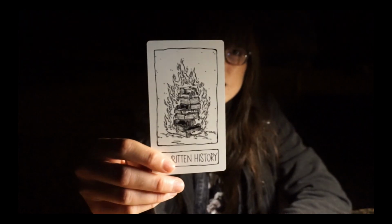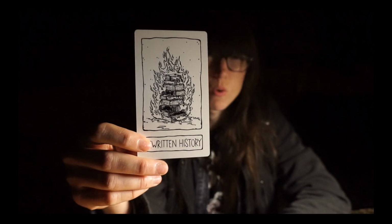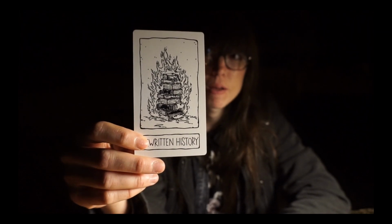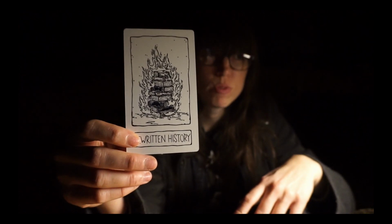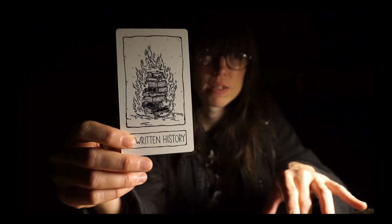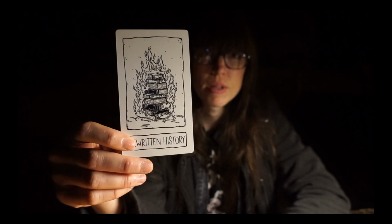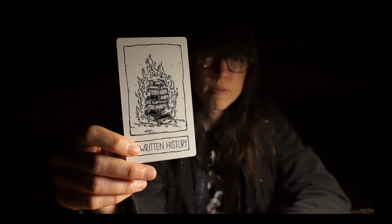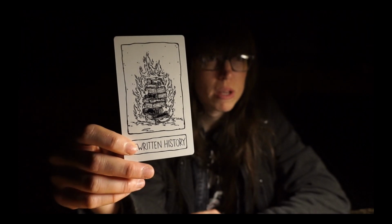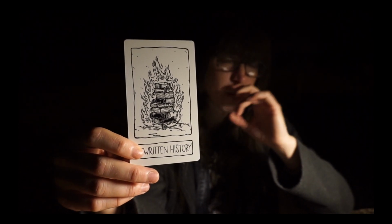So, we've got rewritten history. This makes me think of the whole whitewashing thing, how the people in power get to choose, like, the hero gets to choose how the story is told. So that doesn't necessarily make it true. It just makes it the most privileged opinion. I don't know if I've even figured out what I'm saying, but